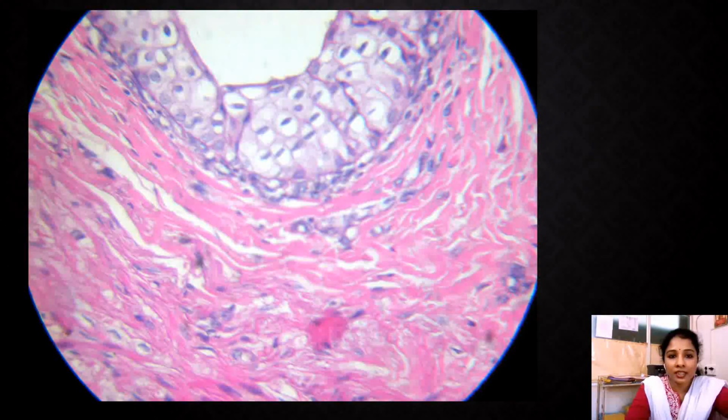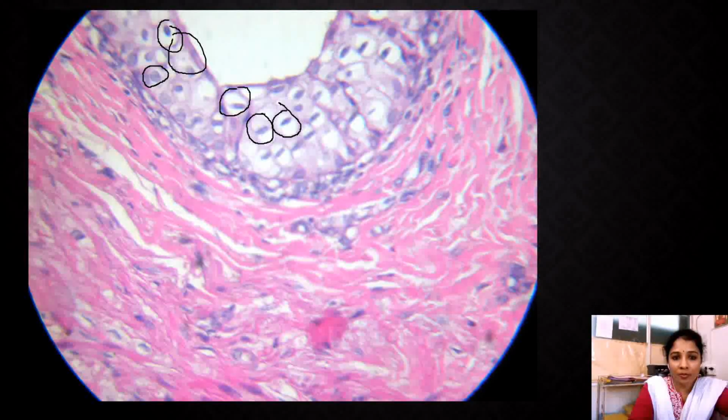So we can see very beautifully present transitional epithelium here, having large umbrella-like cells on the top, very beautifully present and easy to identify. And these are cuboidal or polyhedral cells present in the middle, and the basal-most are the columnar cells. We can see a few columnar cells present in the basal part. So this is the transitional epithelium, and we can see even the lamina propria, the connective tissue, present here.